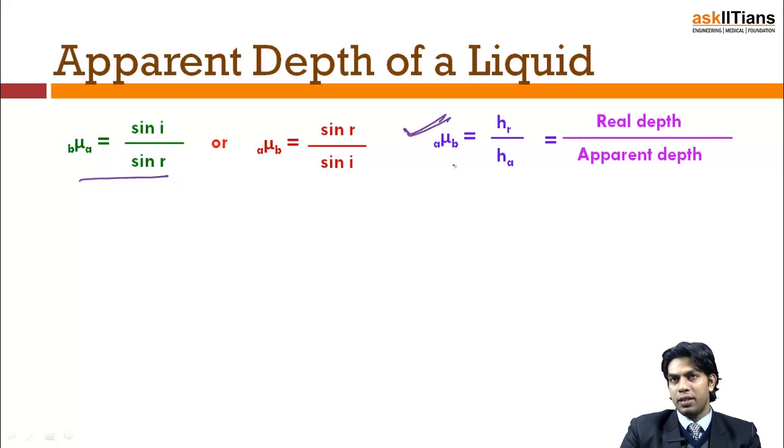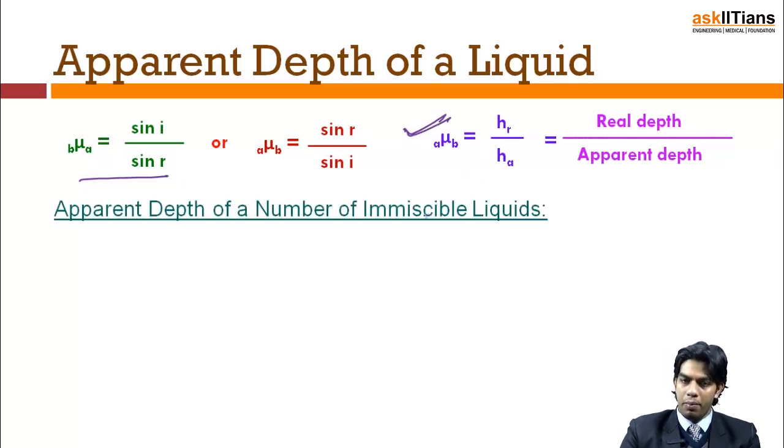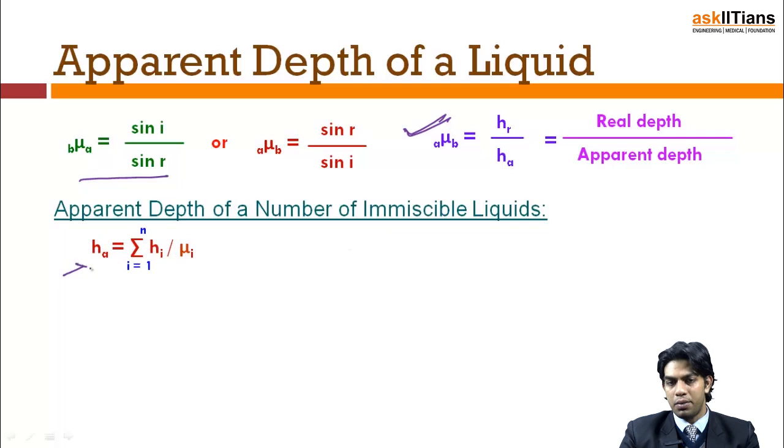And I have known that A mu B is HR by HA, that is real depth by apparent depth. So apparent depth of a number of immiscible liquids is this. So if I have many liquids present along, I will have to get on with this expression. So I usually don't have many immiscible liquids, but the fact is I have to put up with this